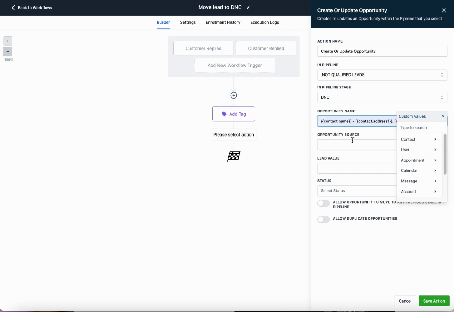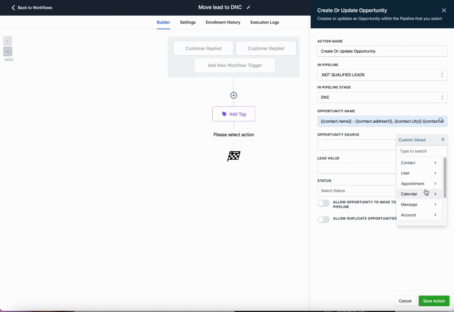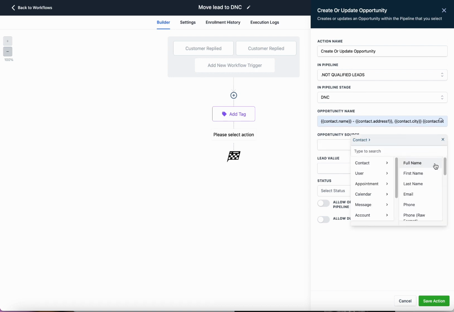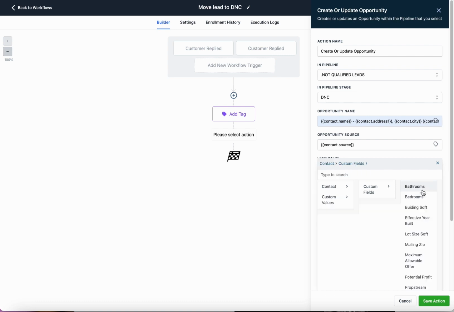So for me, I used contact name. I also want to see their contact address one, the street address, the city, and contact state. Opportunity source is really up to you. Let's say you have a contact source from when you uploaded your list, then you can add opportunity source in there so that you know it came from PropStream or whichever source. And then for the lead value, definitely you want to add, for us, we have a custom value